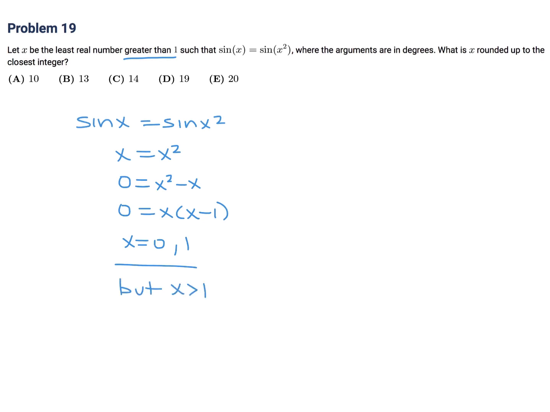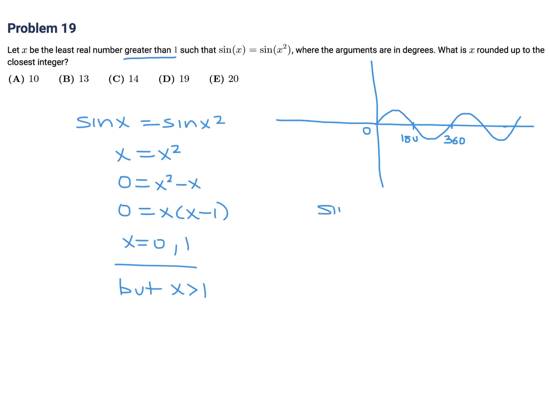Okay, so that didn't work. Not a problem. Let's analyze the sine graph. You guys remember the sine graph, right? It's cyclical. And this point here, of course, is 0. This is 180 degrees. This is 360, if I'm not mistaken. So, what does that mean? It means that if you analyze this graph carefully, you can deduce that